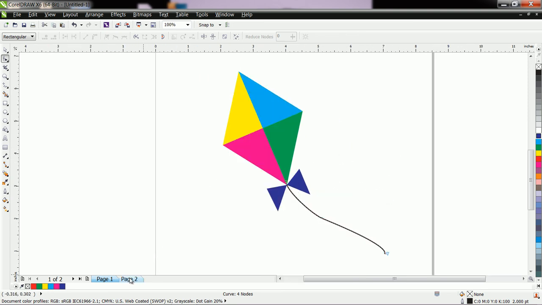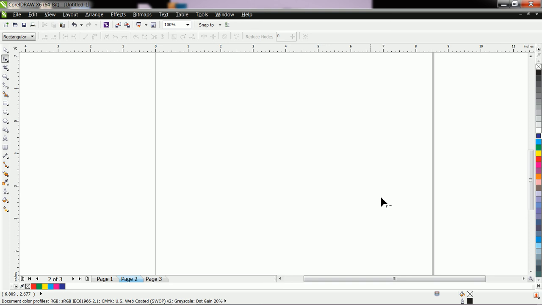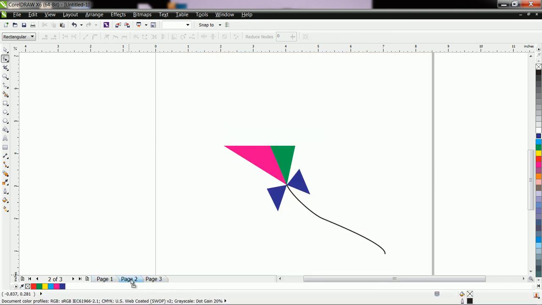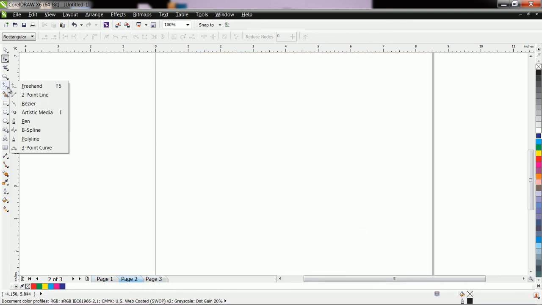Now let us create a flower. Let us create a new file. For drawing this shape of a flower, you can either use a ready-made shape, or you can draw the shape using your own logic. Here I draw the shape with the help of Bezier.